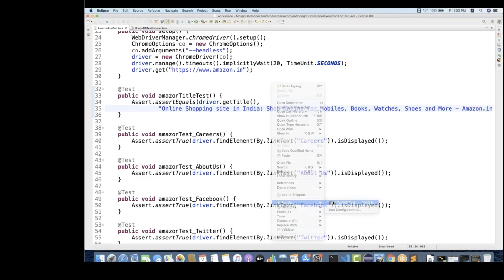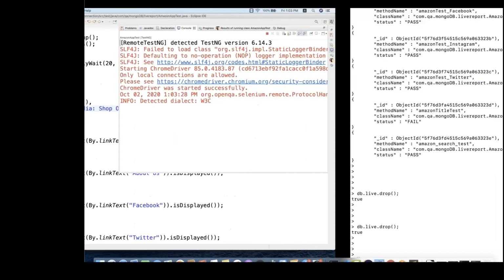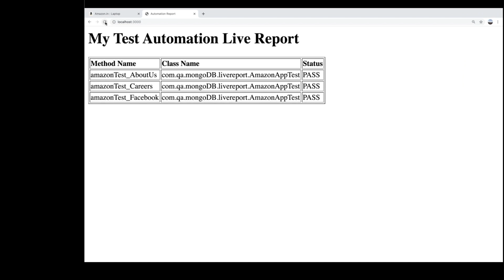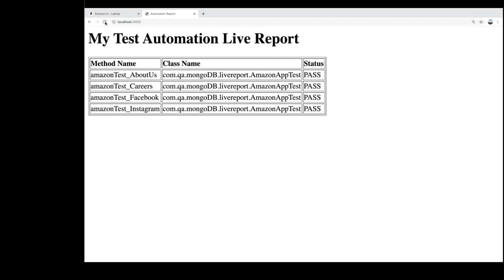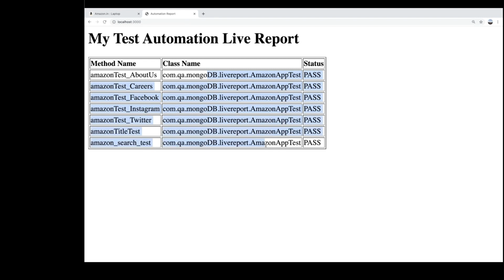You can write a script to dump the data also, that's not an issue. Now it will be very quick. The moment you refresh, see, data is coming like that. So you can see the result. You don't need to wait for the entire execution, guys. This is the magic. Now see, everything is getting passed. You just keep refreshing this page and get the data at runtime. And all the 7 test cases are absolutely working fine without any problem. Perfect. And you can customize the report. If you really want to add some more columns, you can do that. Okay, it's not a big deal.